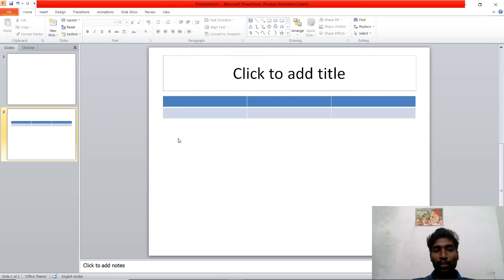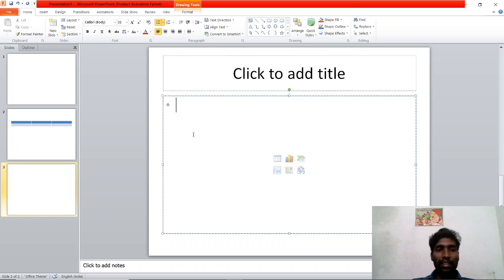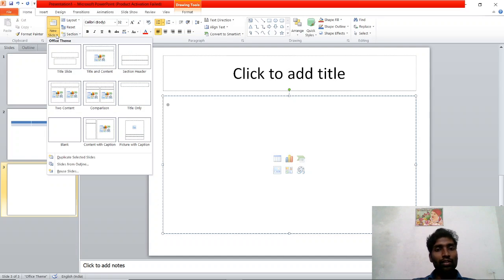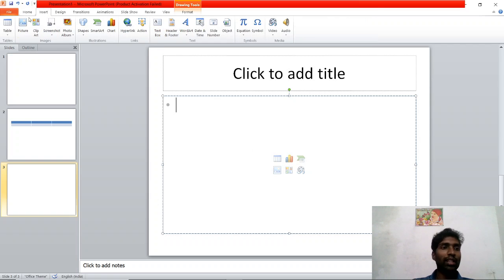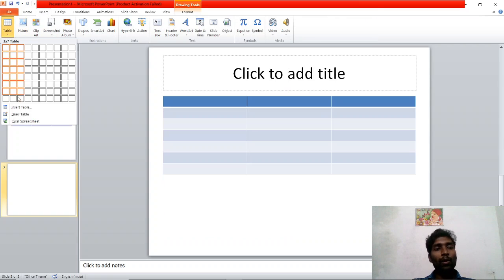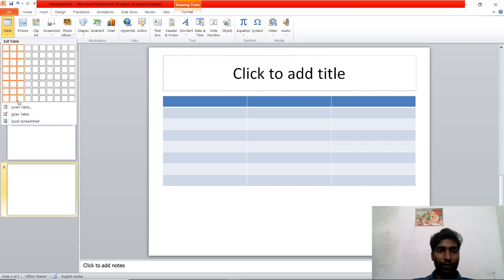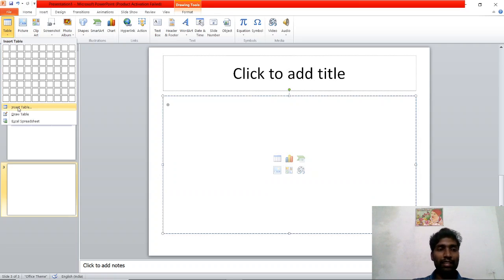Now I am going to show another way. Second method: in the Insert tab, same as usual, Table. Sir, I want more rows and columns. If I want to insert more rows and columns, here Insert Table is there.